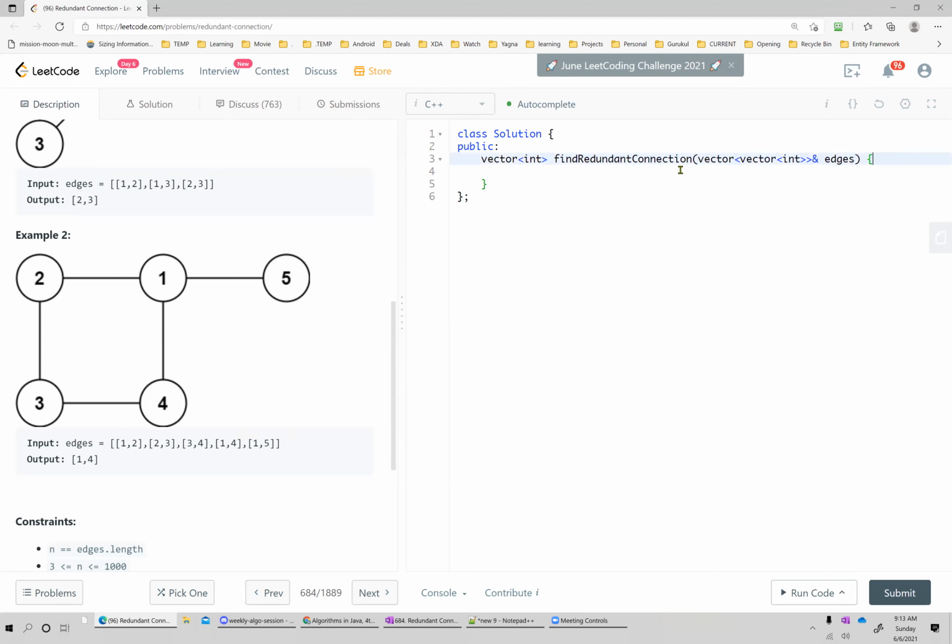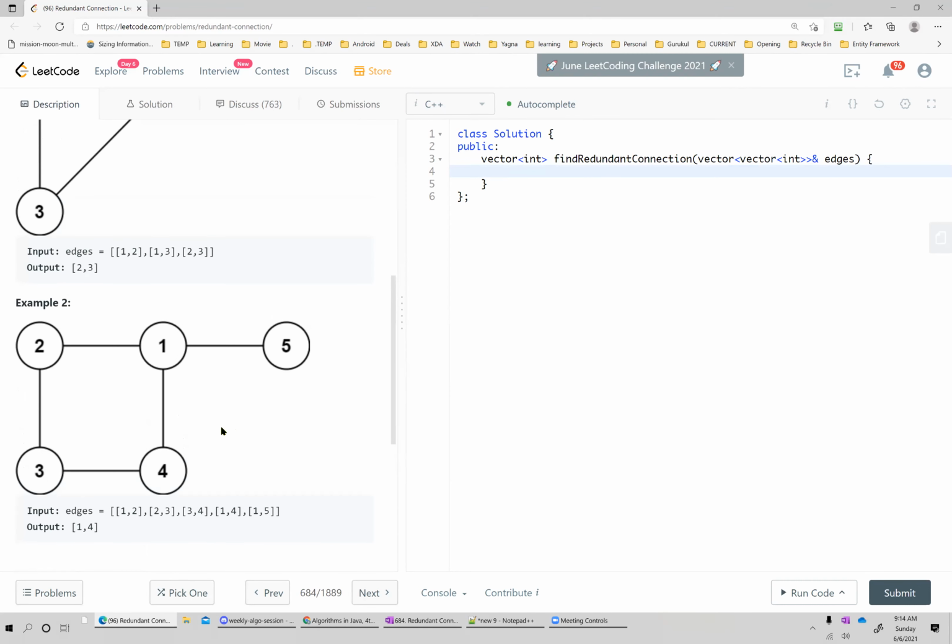So we can do a DFS, and as soon as we go back to a visited node, then we found a cycle. Now this problem did not say to return any of the redundant edges. They said the last one. So again, we have to go through all the edges and figure out which is last. So it might be O of n squared. It is O of n plus an extra pass, yes.